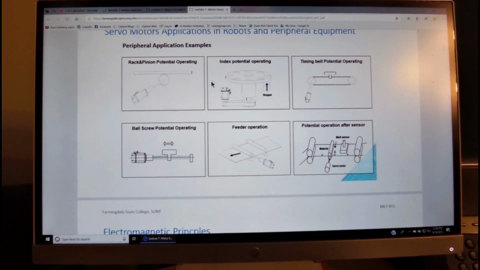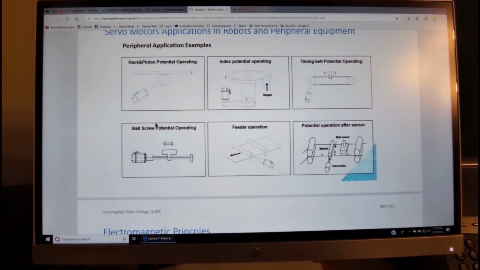This is an indexing table that has a belt-driven device and a motor and encoder that is driving it. Here's another example, a so-called belt-actuated linear stage. Many companies such as Festo and Parker Hannifin are manufacturing these standard stages. They include a slide, and a base with two pulleys and a motor and encoder that drive them.